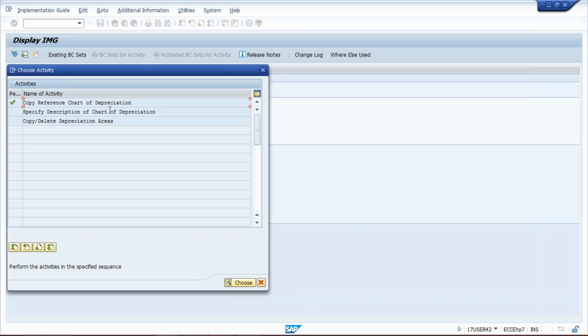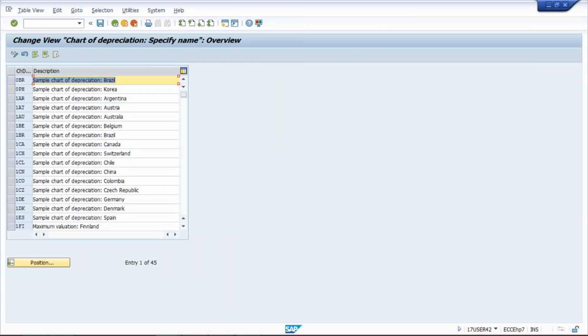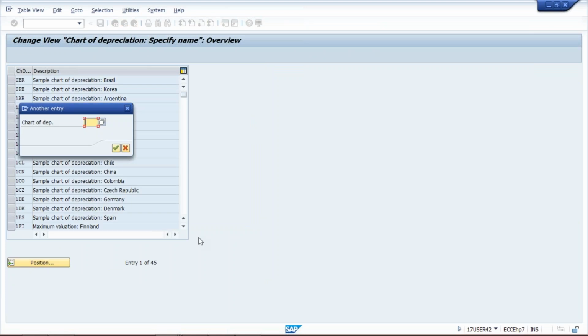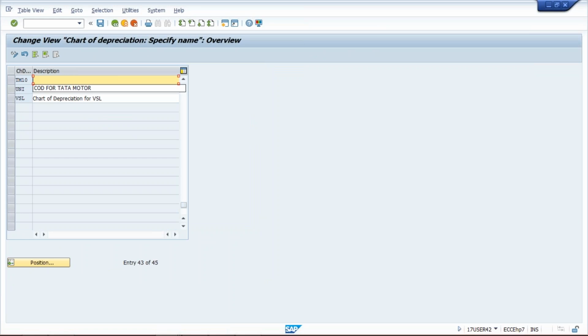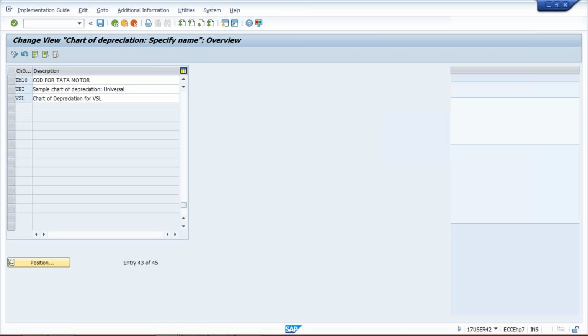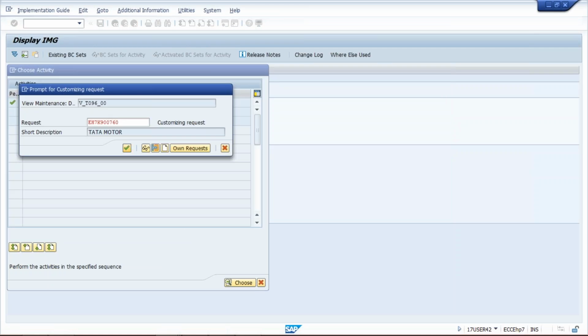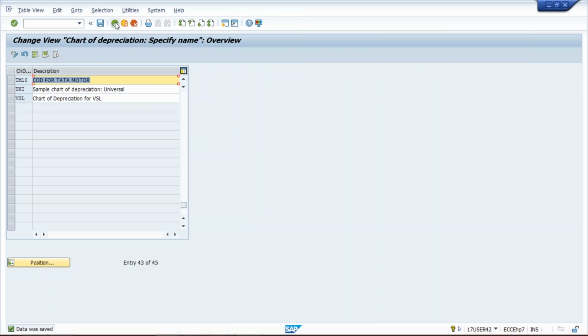Double click, and click on position TM10. So here what we are going to do is change the description. You can give your description, chart of depreciation for Tata Motor. Press enter and then